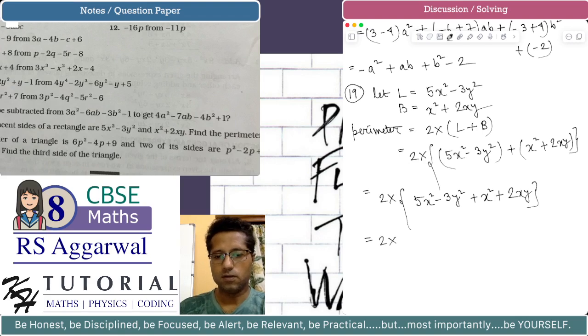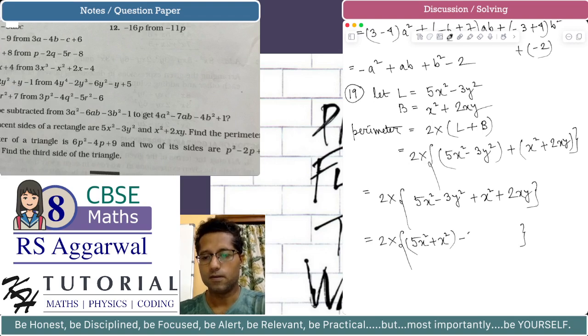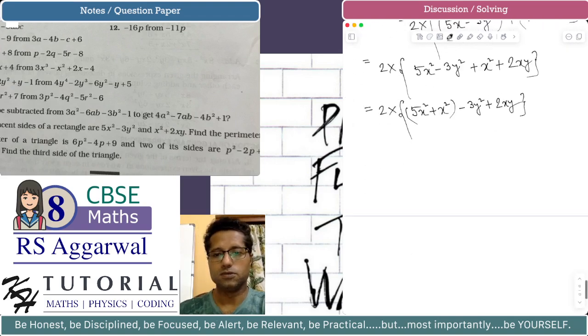Okay, now for the algebraic expression inside the bracket, we group the like terms, and we get 5x square plus x square, and we have minus 3y square and plus 2xy. So this is equal to twice into 5x square plus x square is 6x square, we have minus 3y square plus